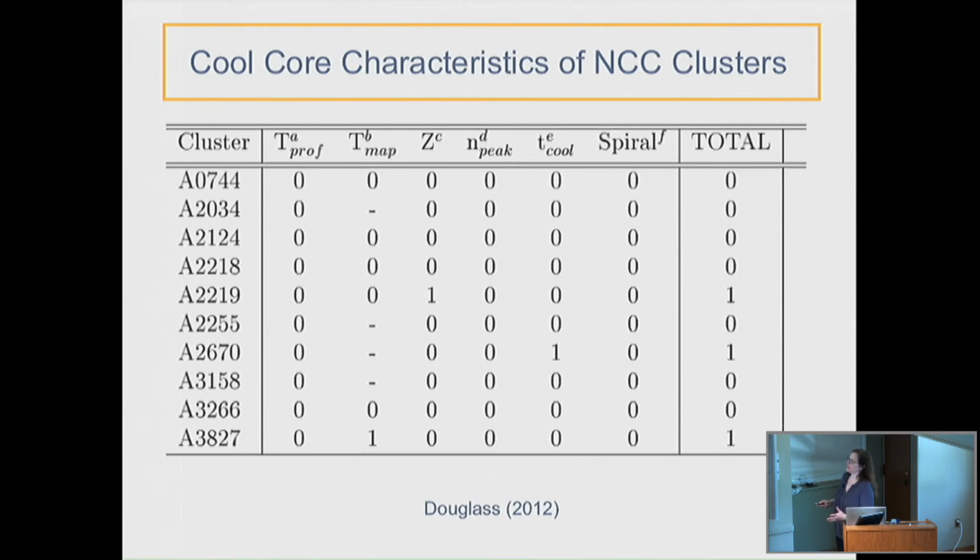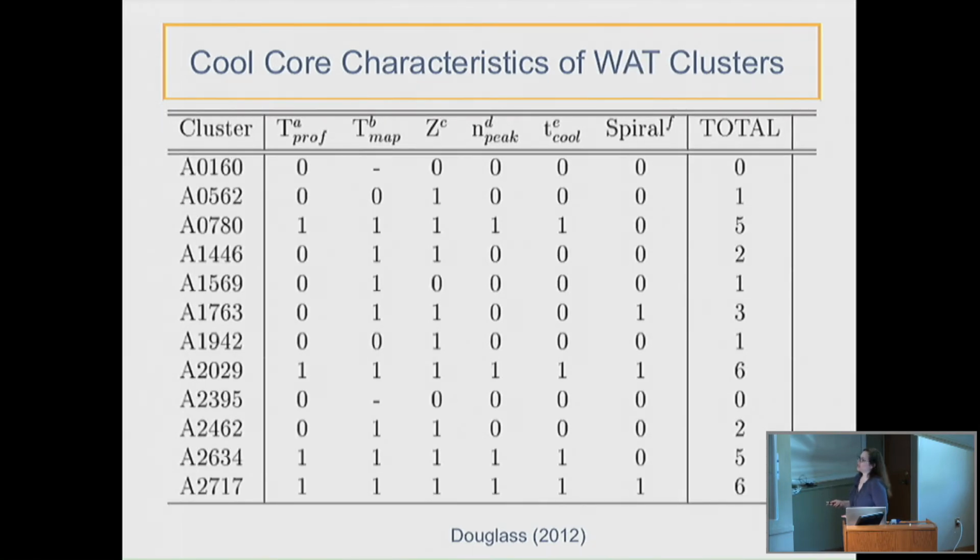If you then take a comparison sample of non-cool core clusters, these are not ones with wide angle tail or bent double radio sources, these are just comparisons. So the non-cool cores don't have those features, by definition. If you look at our sample of wide angle tail or bent double radio sources, you see a mix. You see things that look like a cool core, with a lot of these features, like this one or this one, and then you see other ones that look more like non-cool cores. So basically this is telling us that our survey will uncover a mix. We'll see some large-scale mergers, we'll see some cool core clusters. We're not just getting one type of thing.